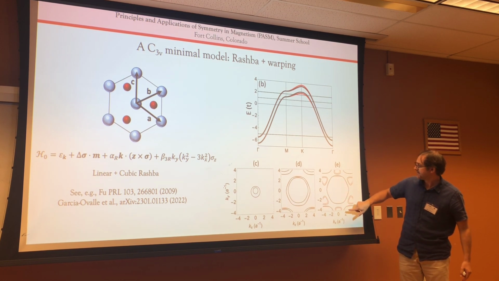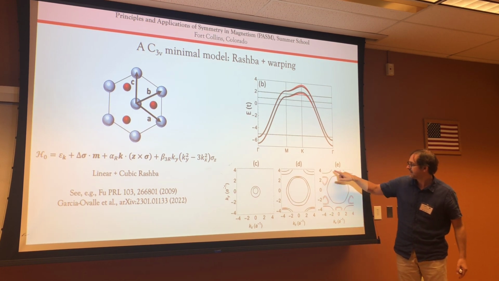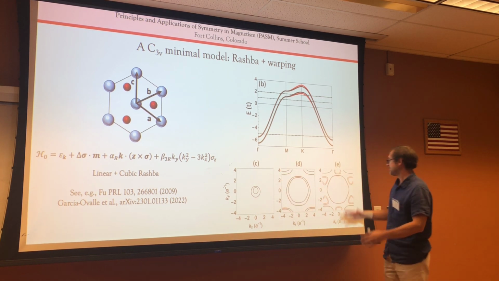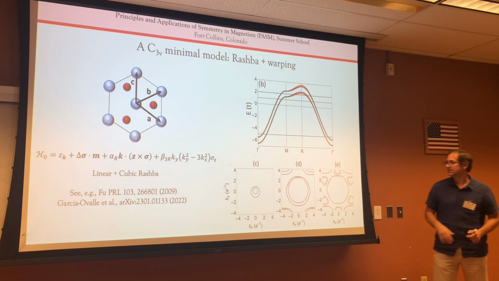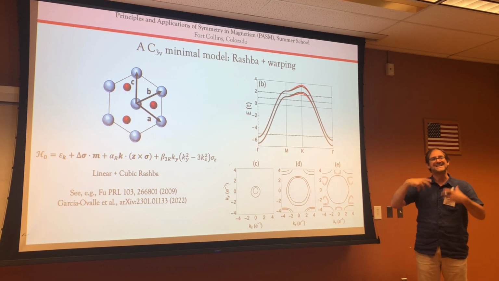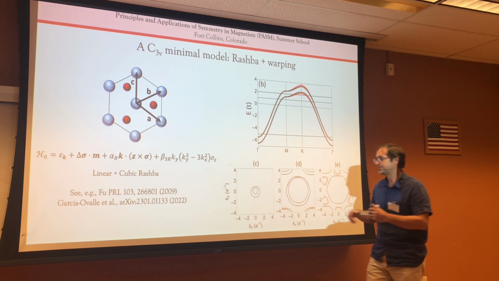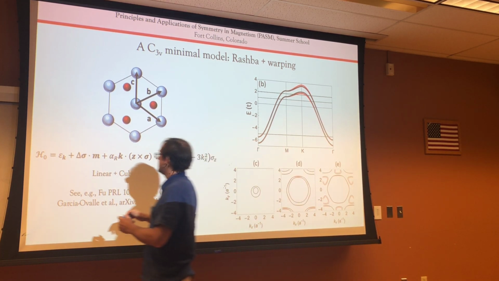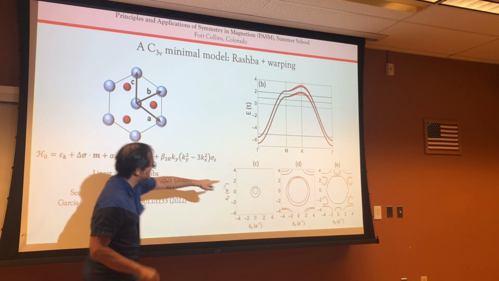And the red color here is when there is the cubic spin-orbit coupling. So there is some kind of distortion of your Fermi surface. And that's physically super important because this warping is really coming from